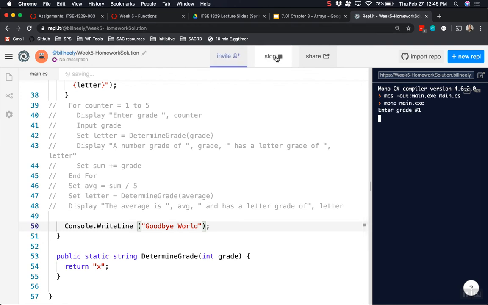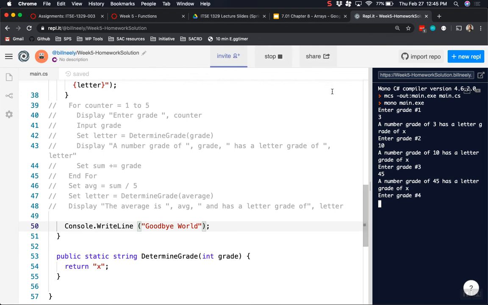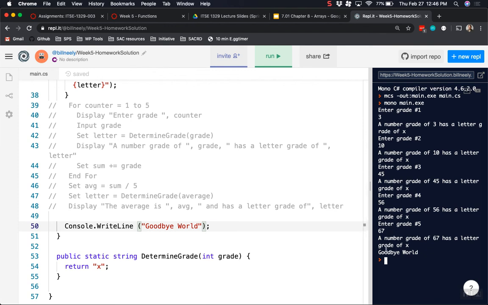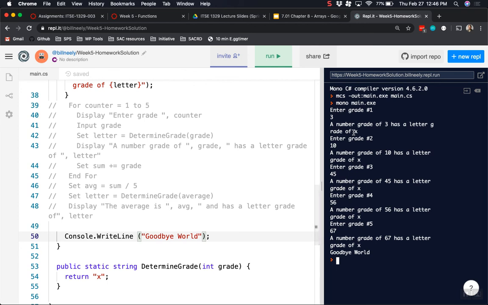Okay, so now when I run it, I get enter grade 1. Okay, a number grade of 3 has a letter grade of x. Okay, so enter grade 4, enter grade 5. Okay, and then my program ends. Okay, so my loop is running. I'm running 5 times, and I have a good output here where I'm parroting back the number grade I entered,